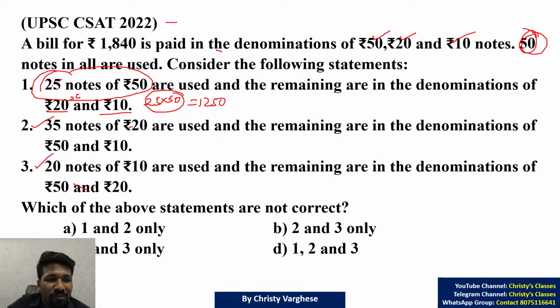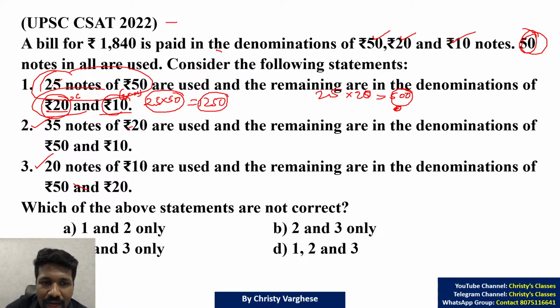Like, let x be the number of 20 rupee notes, then 25 minus x is the number of 10 rupee notes. That way you can do it, but that will be very time consuming, and in the end you have to do trial and error again. So the better way is to think logically. This is called the iteration technique. Think what if all the remaining 25 notes are 20 rupees. 25 into 20, how many rupees? 25 into 10 is 250, 25 into 20 is 500. And 0 10 rupee notes, so that will cost you a total of 500 rupees only.